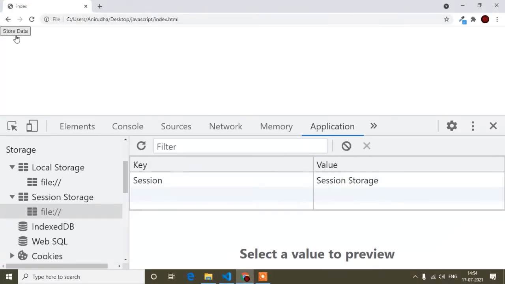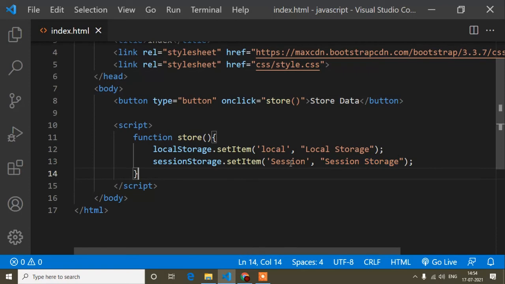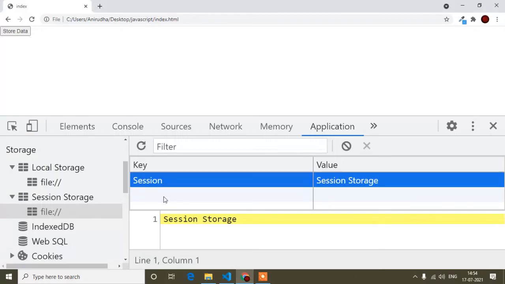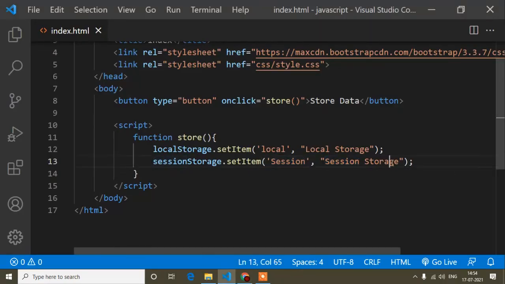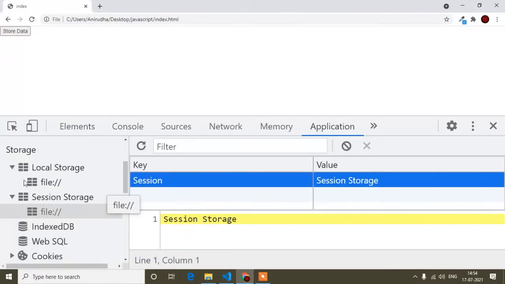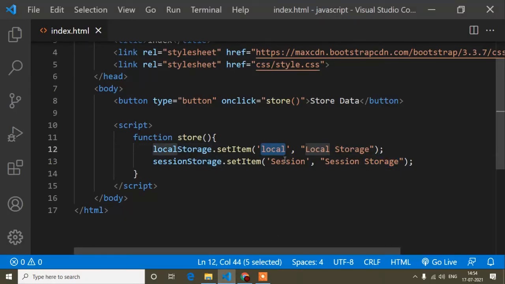Now if I click this button, in session storage you can see the key is session, which is the key name I passed. You can write anything, and that name you will find in the key, and the value is session storage, whatever I passed here. And now if I open local storage, you can see the key is local and the value is local storage.